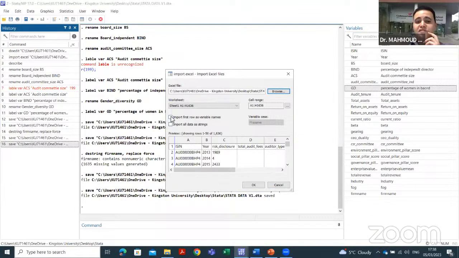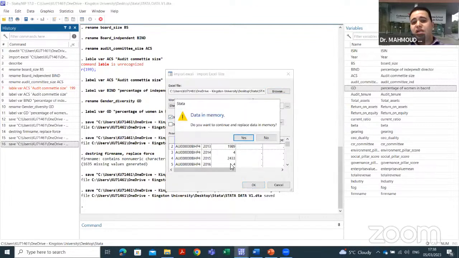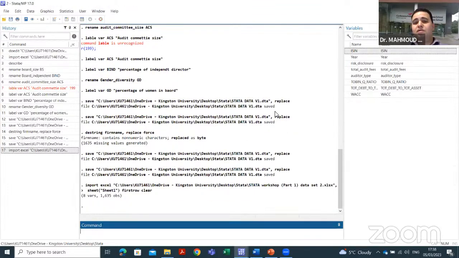Remember to import the first row as variable names, and I press OK. It's warning me here that you have data in memory. I don't care because I already saved it, so I press yes. Now you will have only the new variables on the left-hand side. The import command is stored in my history, and it tells me that we imported 8 variables,